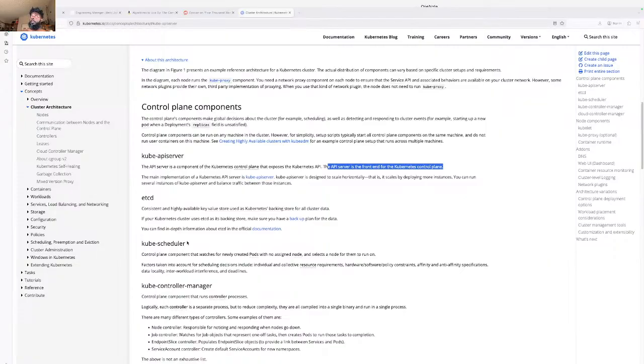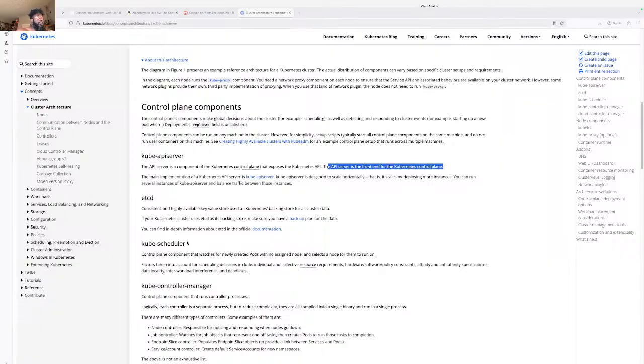Right? That's fine. What else? Factors include individual and collective resource requirements, hardware, software and policy constraints, affinity and anti-affinity specifications, data locality, inter-workload interference, and deadlines.